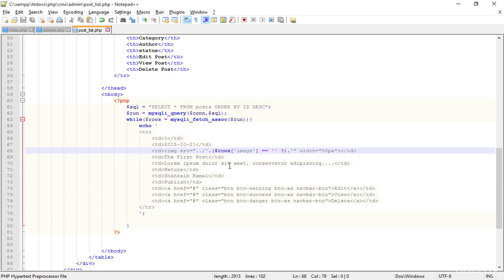So there I'm telling it: if the raw image is equal to empty, then what will happen? No image, okay. And if not empty, then this is the else command. This is called else in the ternary operator, and here I'm just typing